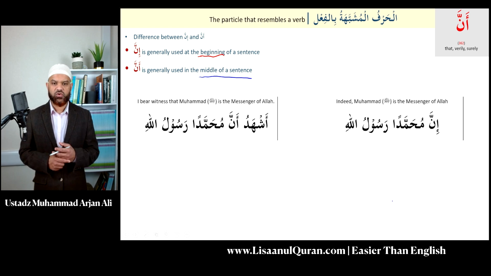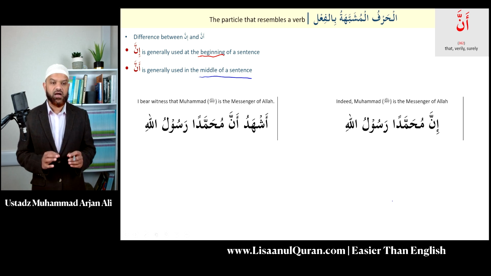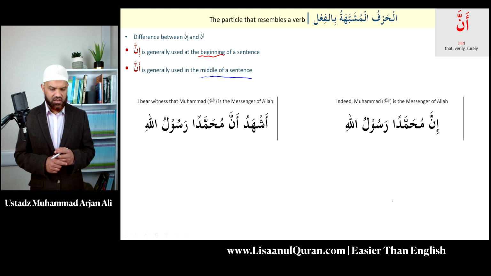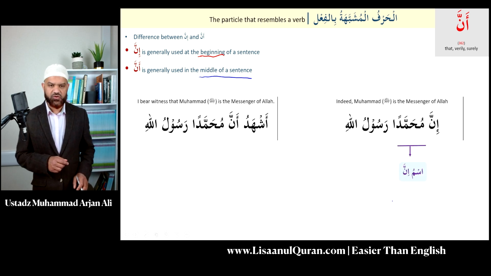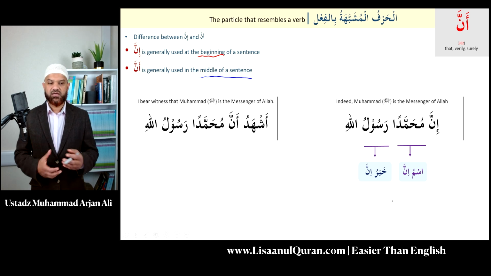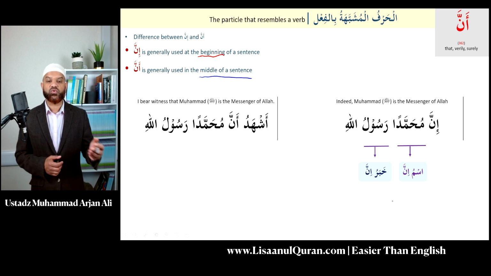So let's take a look at the example we have on the screen. We have inna Muhammadan Rasulullah. Indeed, Muhammad sallallahu alayhi wasallam is the messenger of Allah. This should be easy for you now. We've done this already many times. So Muhammadan is our ismu inna, and of course the khabar will be Rasulullahi, the Rasulu being rafa,